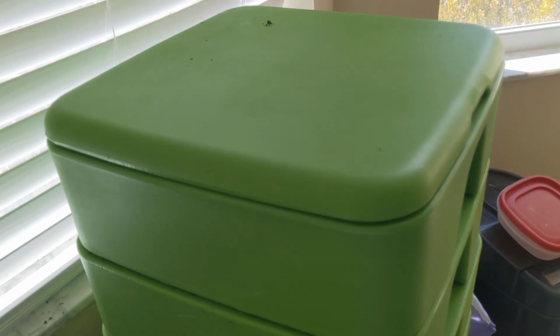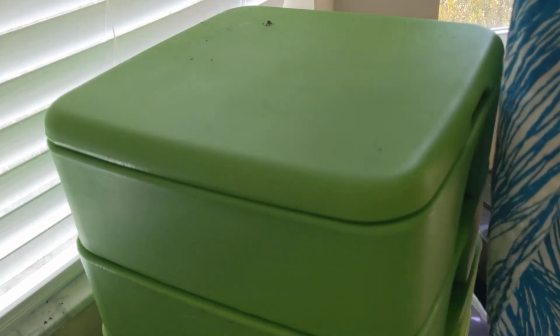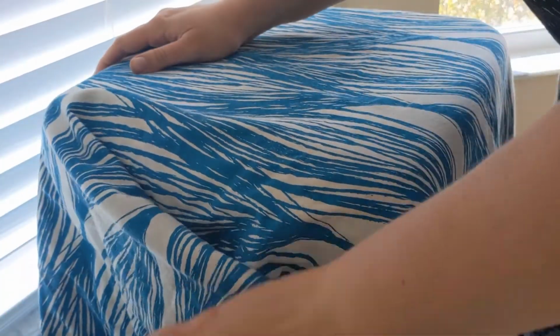I am liking having them covered in here, so I'm going to continue to leave this cover on them. It's a nice safety blanket for any cooler nights we have, and I like to think it's helping keep the gnats out, so as far as I'm concerned, it's worth it. So I don't mind having this on here. I think it helps